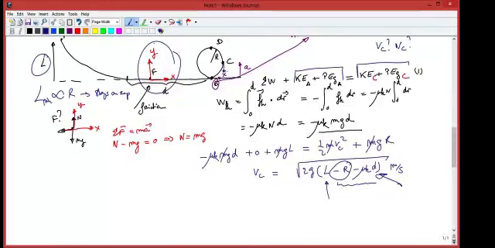Similarly, we have the weight. We now have also the normal force, but the normal force in this case, since we're inside the loop, has got to be towards the left. And since point C is exactly at the height R, the direction of this force N is obviously in exactly the same direction as the acceleration, the radial part. Perfect. That means that we can pick one of our axes in that direction,